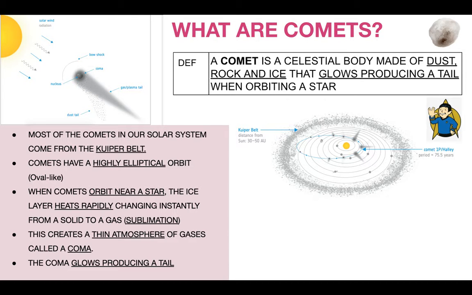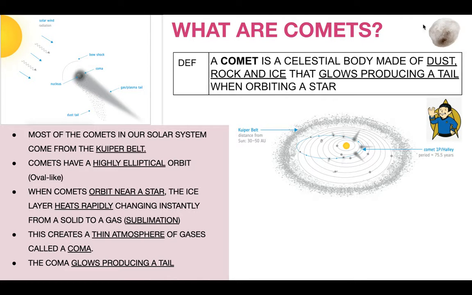These comets, what are they? Well, I think they're one of the celestial bodies that we would actually recognize, because we all know that they have this glowing tail. And what is the glowing tail caused by? So when a celestial body, which is made of dust, rock, and ice, comes near a star like our sun, it glows and it'll produce a tail. Okay, and what is actually happening there is an interesting physical process, where